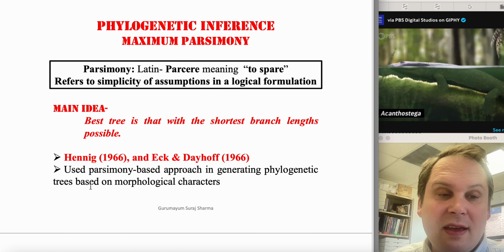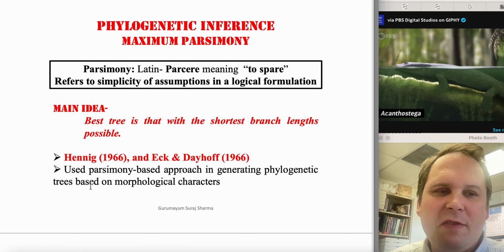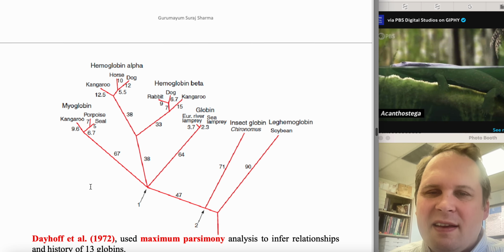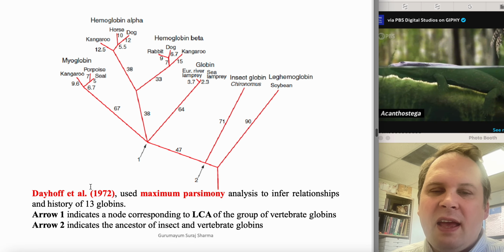Or it can do it on bases. So at amino acid 1, it's an A, versus at amino acid 1, it's a C. Yeah, something like that. Okay, and so you can infer relationships between things